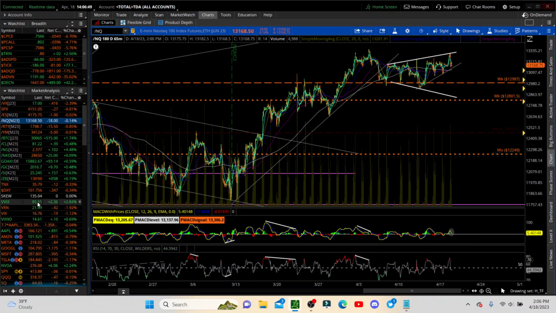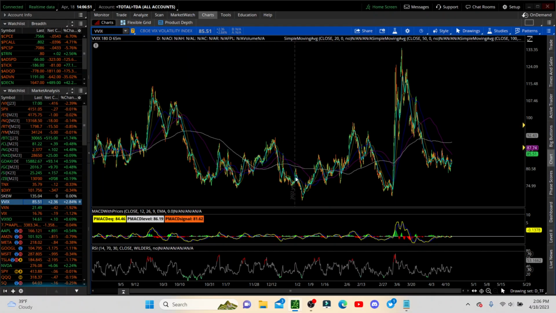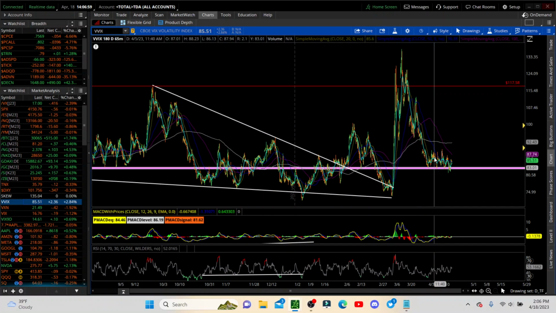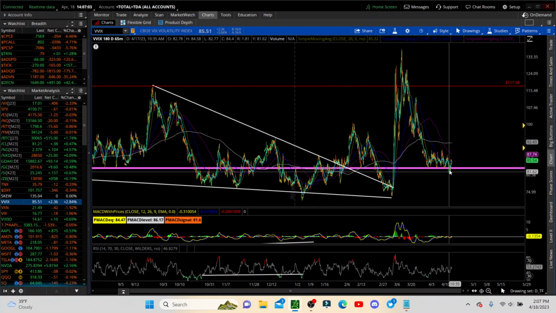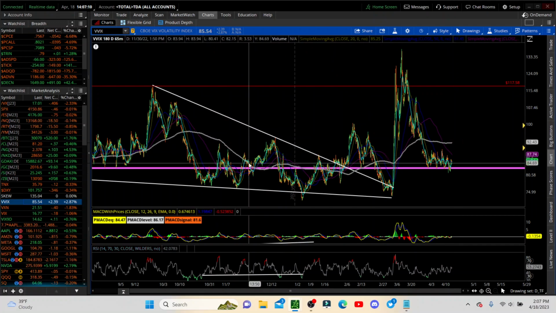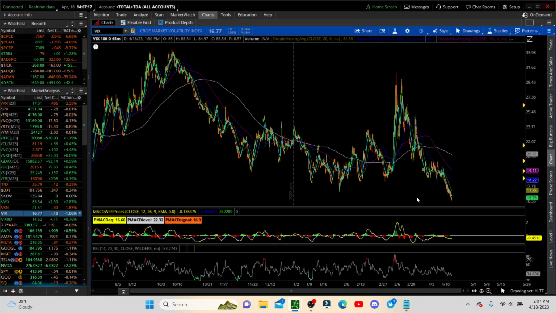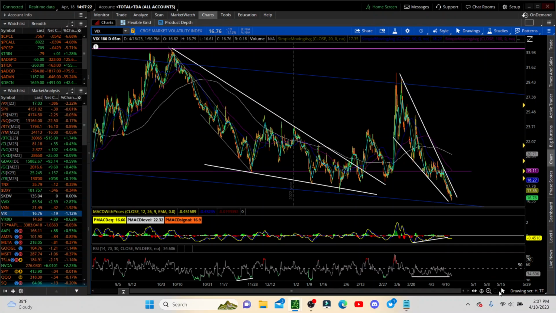So let's jump over to the VIX. Excuse me. VIX is holding this level. We've had this level on here for a while. Some consolidation, broke down, and now back above this level. So that was a bear trap for the VVIX, and I think traders are starting to hedge the volatility index, and the VIX should follow soon behind it. We are breaking down from that big triangle, so now I'm actually looking at this a little bit